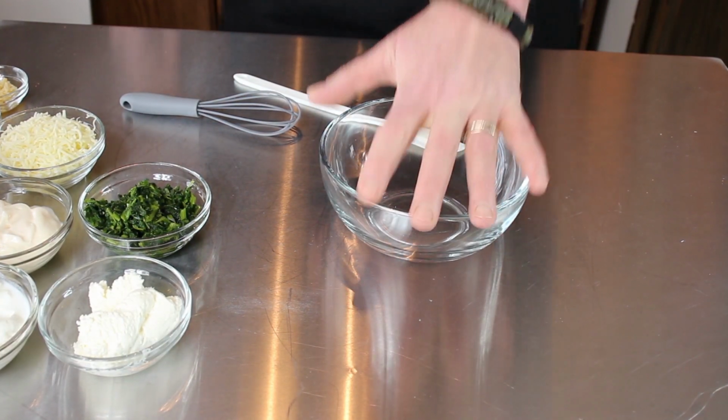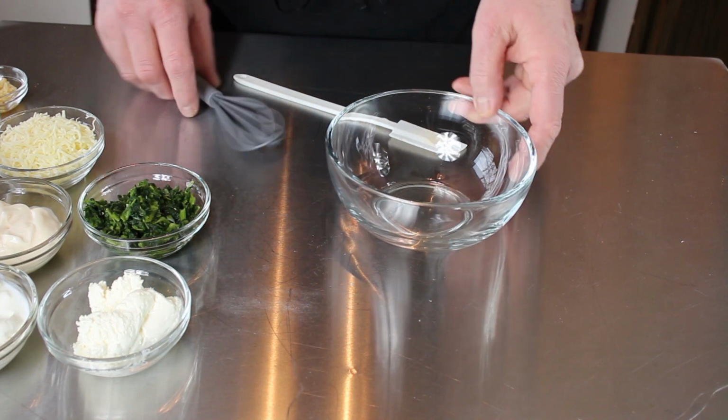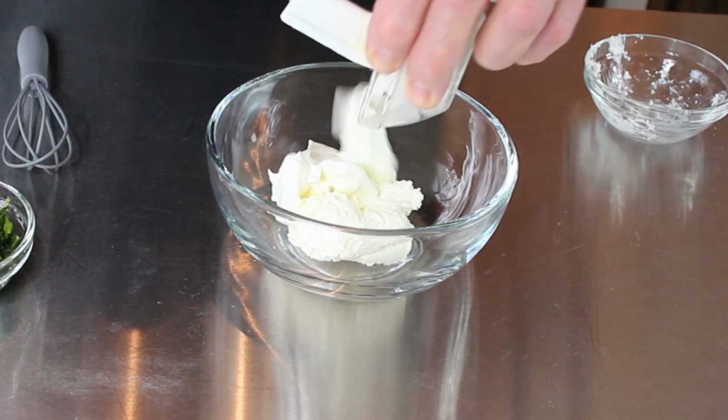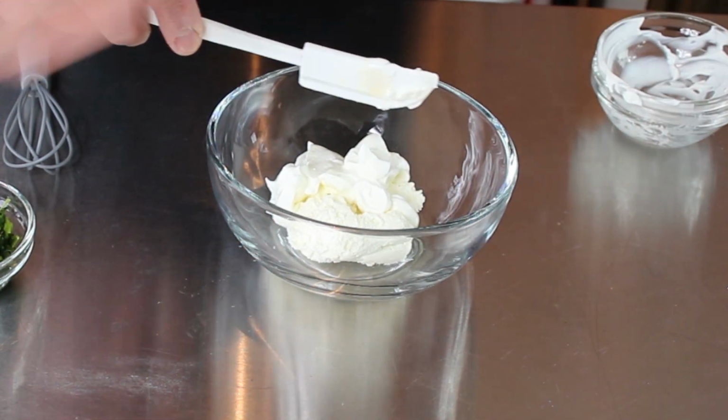Salt and pepper, of course, to season as we go. Let's start mixing it up. Alright, we got a bowl big enough for all of our ingredients. Don't forget to check out the description for the recipe. Got our cream cheese, our sour cream, the mayonnaise,